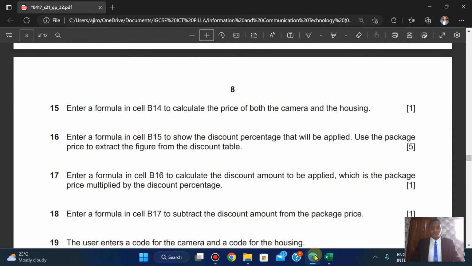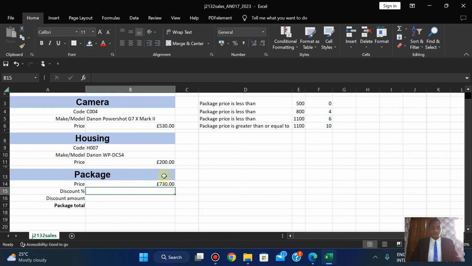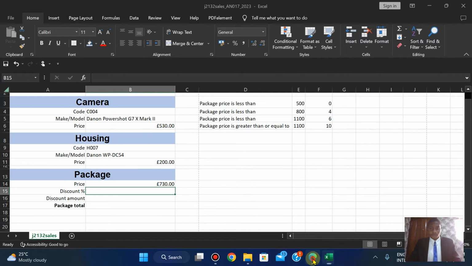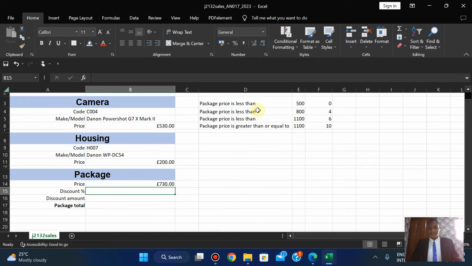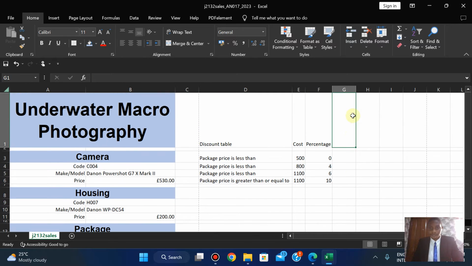Enter a formula in cell B15 to show the discount percentage that will be applied. Use the package price to extract the figures from the discount table. Now we have the discount table, right? This is the discount table right here. This is the percentage. Now they said if the price is less than 500, the percentage is going to be